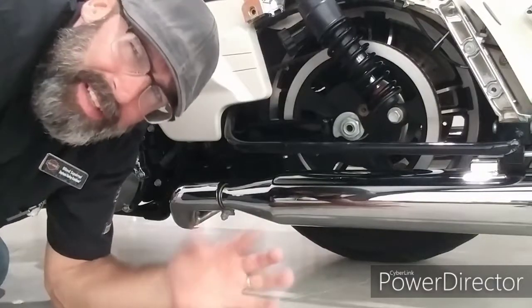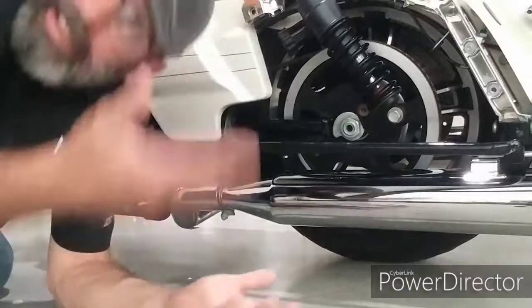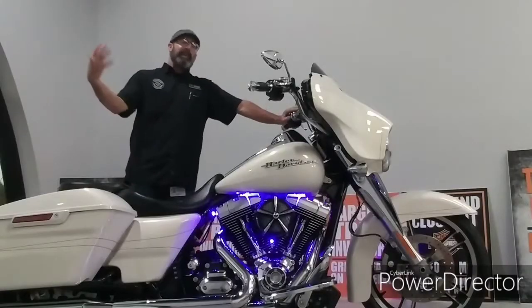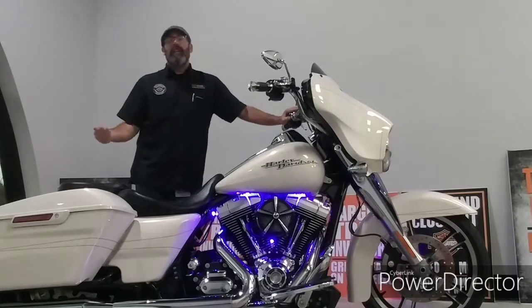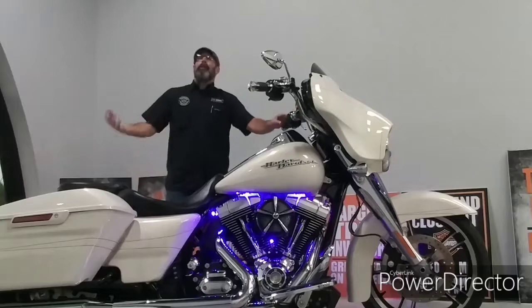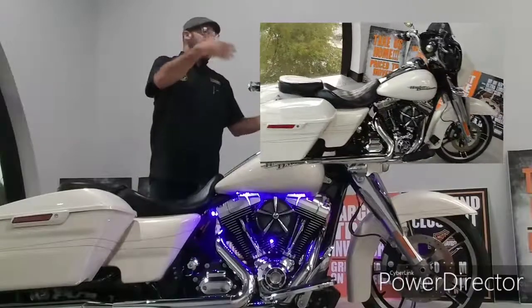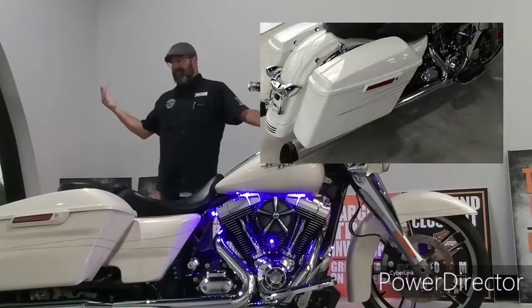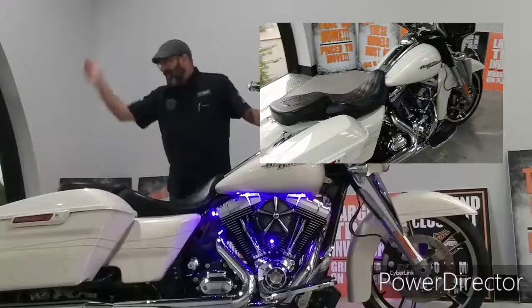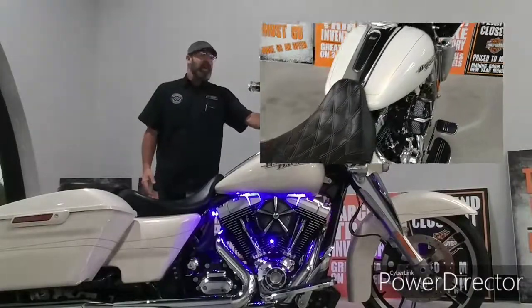Now granted, of course, it's going to be a little bit stiffer, but not as stiff as if you were to go to an aftermarket lowered shock. So now you know. All right, guys, a quick recap for you. Again, 2015, okay, Harley-Davidson Streetglide Special, Moroccan gold pearl, LED lights, you've got the apes, you've got the grips, you've got the chrome controls. All right, you've got a high output 103, 6-speed transmission, stage 1 exhaust, LEDs throughout the entire machine. This bike's only got